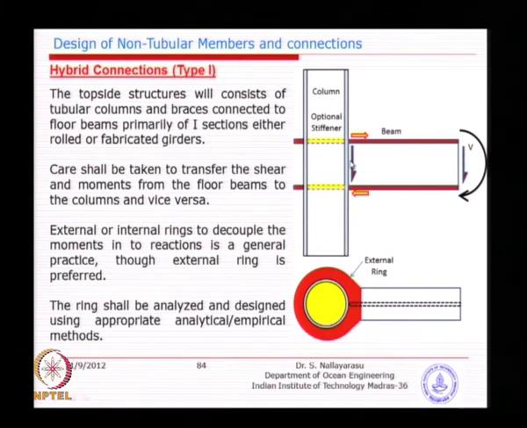The shear transfer is very easy, because you can find out the height of the web and multiply by 0.6 times your thickness, which will give you the shear force transfer. Whereas, for the moment transfer, you need to decouple these forces into point loads and design this ring. This ring can be designed using closed form solutions.